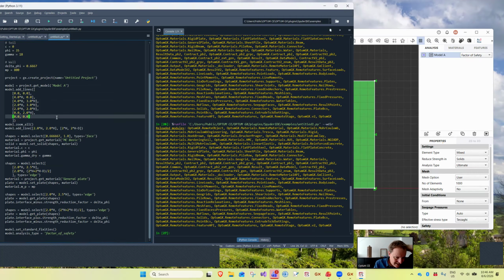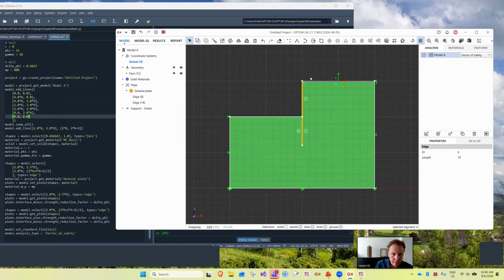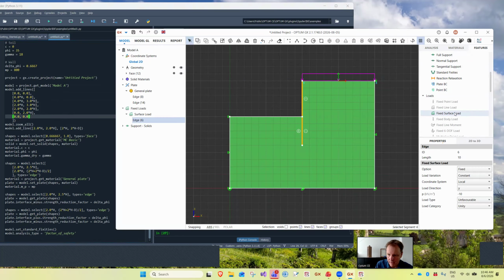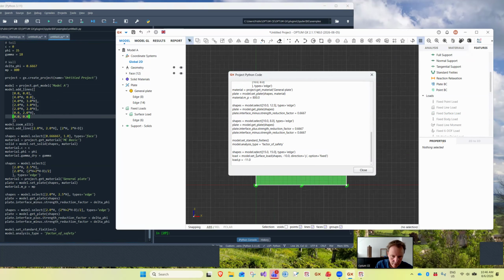So then we forgot the surcharge. No worries. How do we apply that? Well, you just apply it here. Oh, you just apply it here, and then let me just change the value so I know how to do that. And then I look at the Python project code. So shapes, select that shape. We again need a coordinate. We need to be a little bit careful with that,